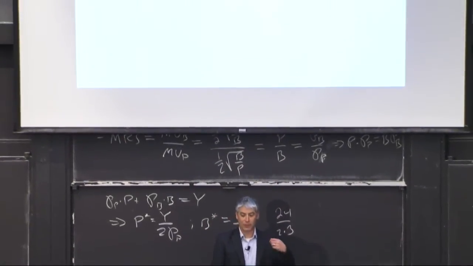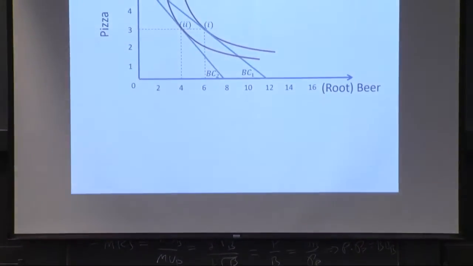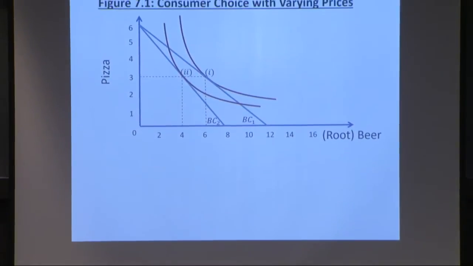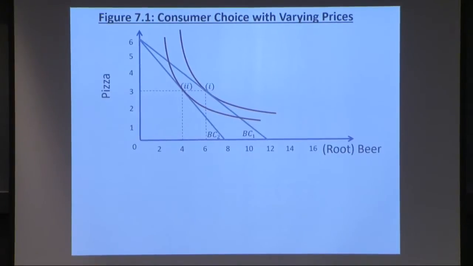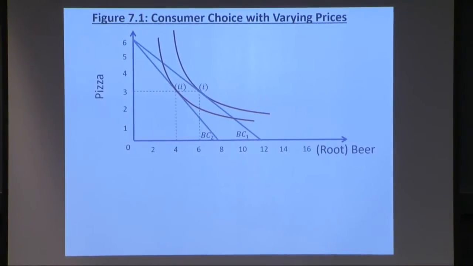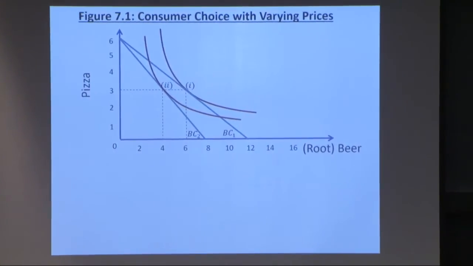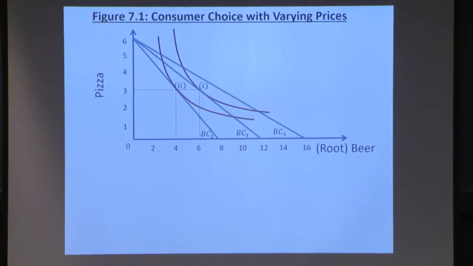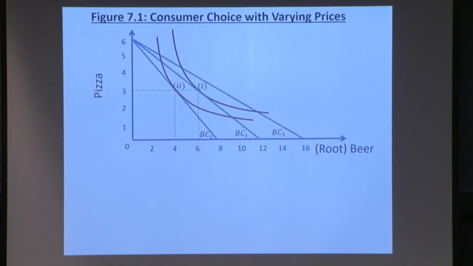Right, so I move from having 6 root beers to 4 root beers without changing my pizzas in response to this price change. Now, this shouldn't be surprising, right? What happens when the price of something goes up? The quantity demanded should go down. Okay? Similarly, if we thought about letting the price of root beer go down, so it's only $1.50 now,